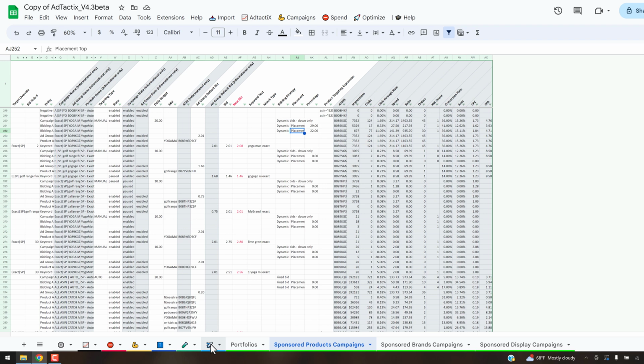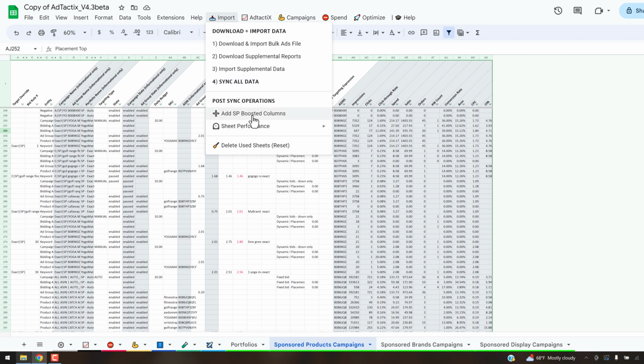Anyway, hopefully this video shed some light on some additional bid features and ways you can set things up. We're going to have some follow-up videos really soon. There is another hidden feature that is live right now. It's boosted columns. So if you do have your rank data from Helium 10 as a supplemental report,